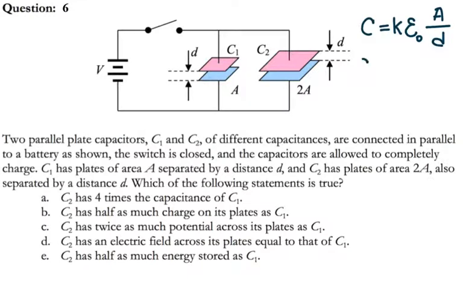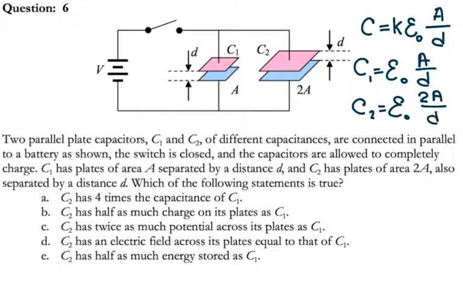So the capacitance of the first one, if they're both in vacuum, is epsilon naught times A over D, and the capacitance of the second one is the same material as the dielectric, and then I have twice the area and the distance. So the capacitance of the second one is twice the capacitance of the first one,